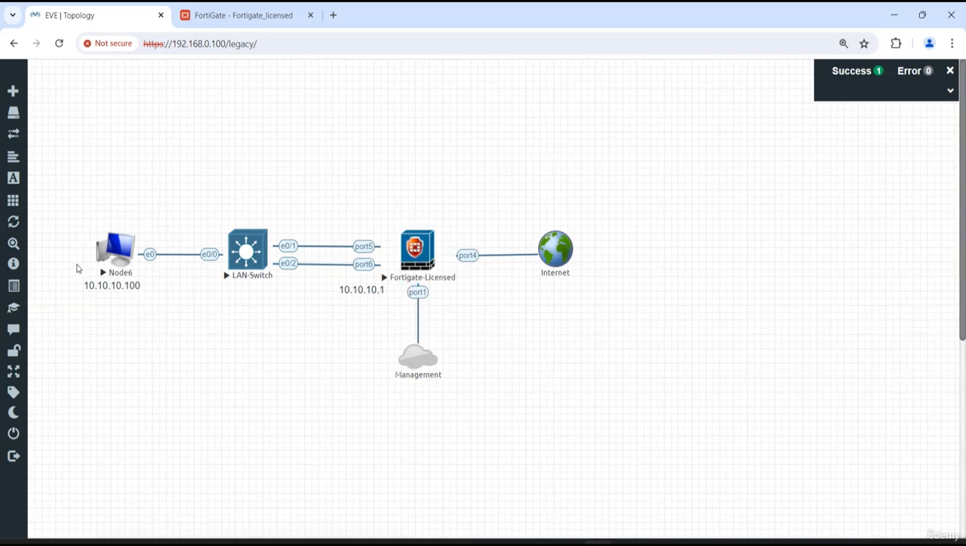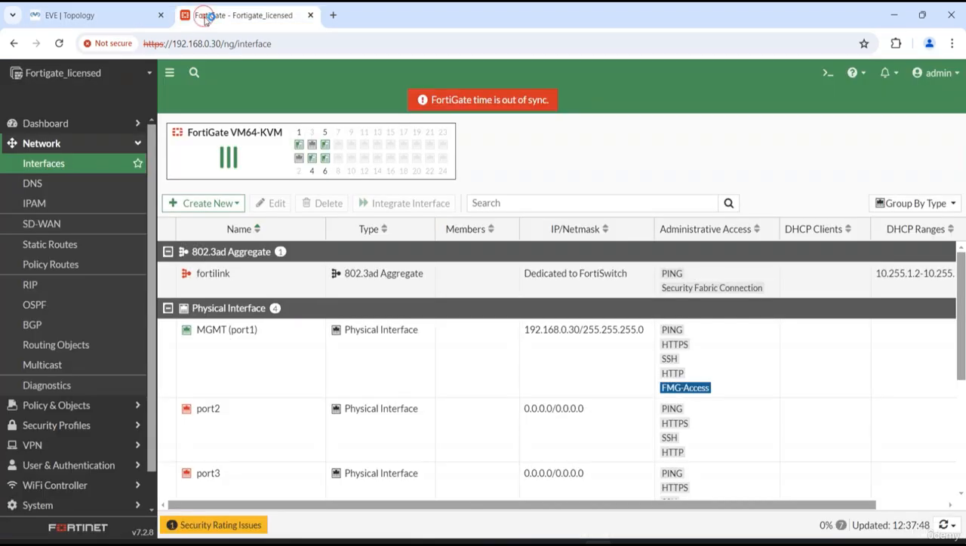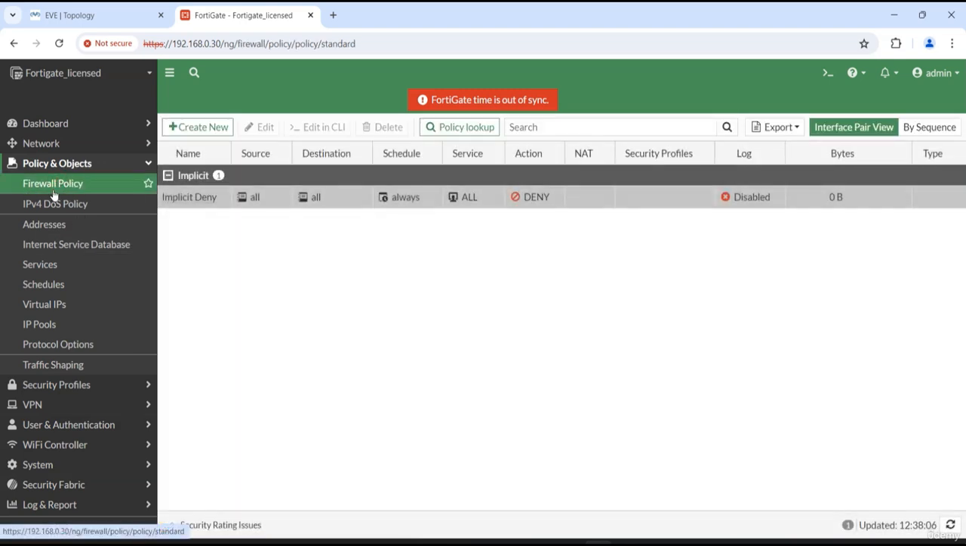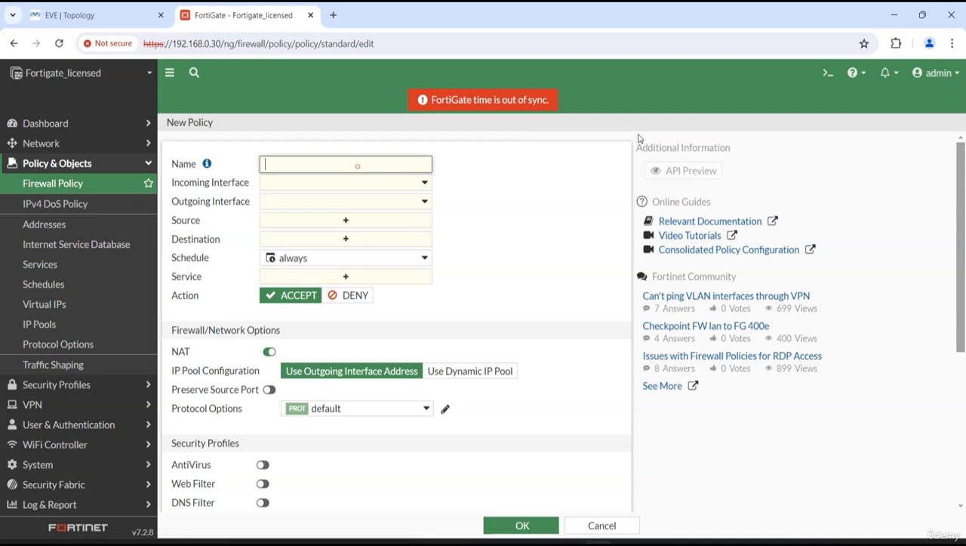But if you want to reach the internet from here, you need a valid firewall rule to allow the traffic, right? So I'll go back to the firewall. We'll create one firewall policy here. With this option, I'll create a new firewall policy. I'll name it